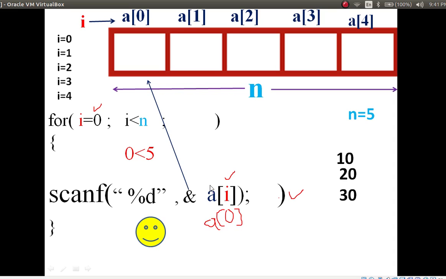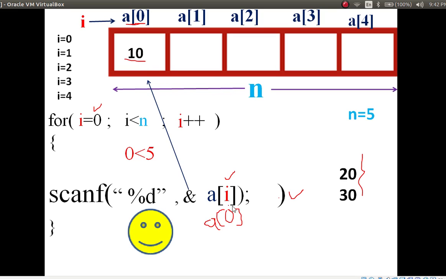In this position, a of 0, our element has to be stored, because we are using the scanf statement. See, these are all the elements we have to store in our array. So 10 will be stored in our memory. 10 is stored.